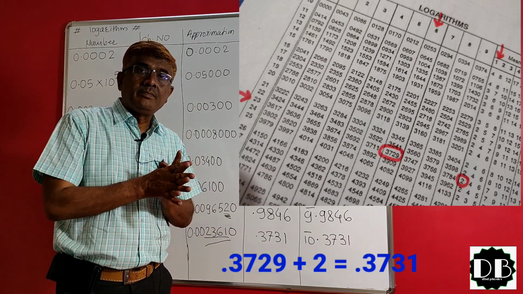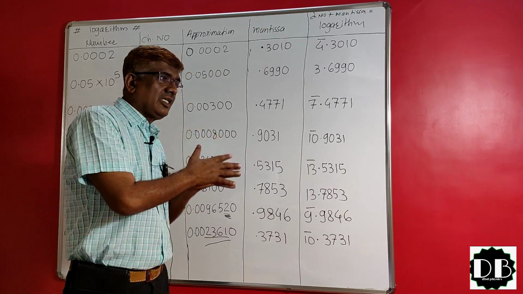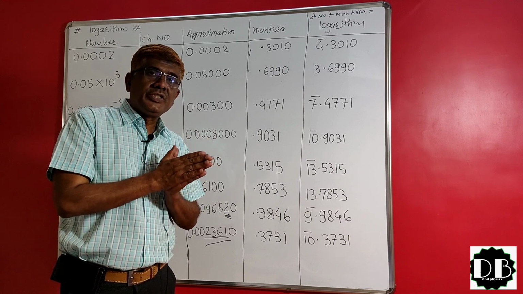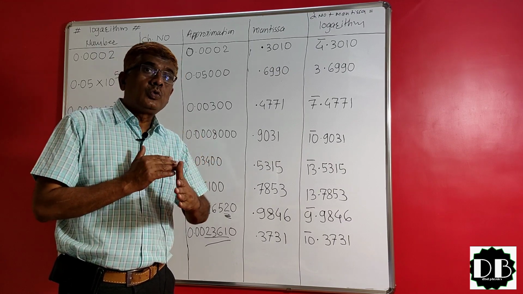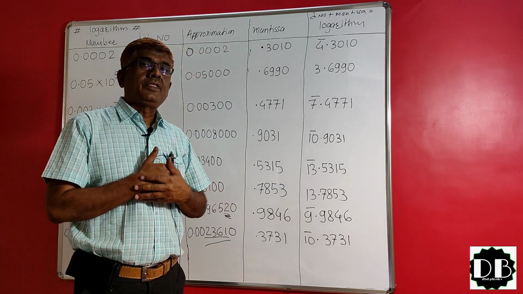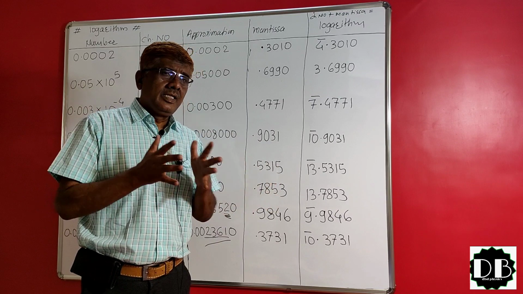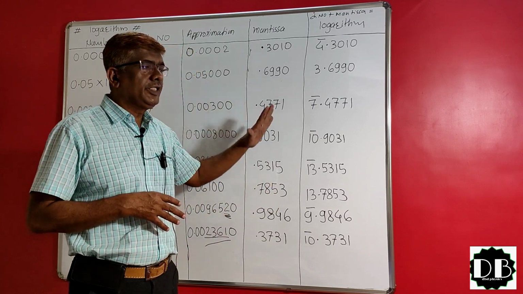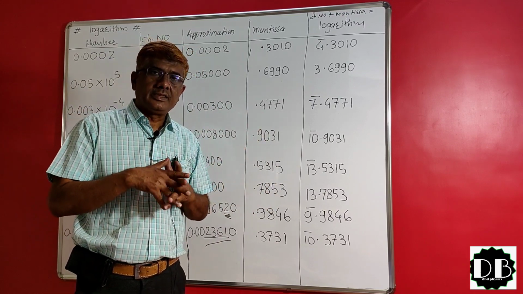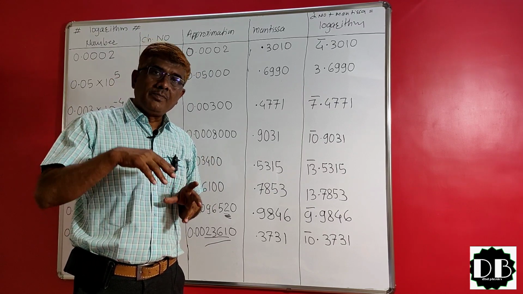In this way we can see the logarithm of any number. This is not the end of this part. After this we will see how to find the anti-log using the table. After that, examples and the bigger examples, so we will totally cover logarithm in the next video. That's why please watch the next video.